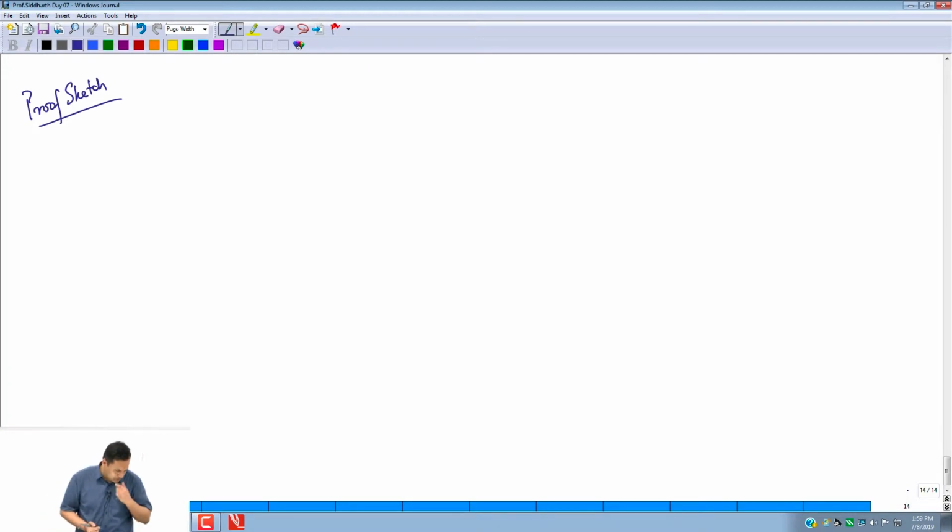Okay, so the proof is somewhat technical, though not very difficult, but let me actually mention the key idea, or the key construct, that goes into it. Again, this is a proof sketch. I'm not going to go through the entirety of it. But the key idea is that if you are finding a proportional